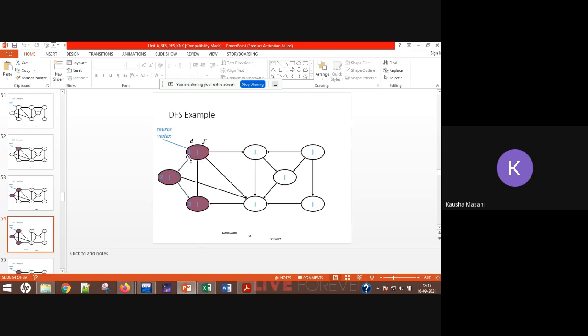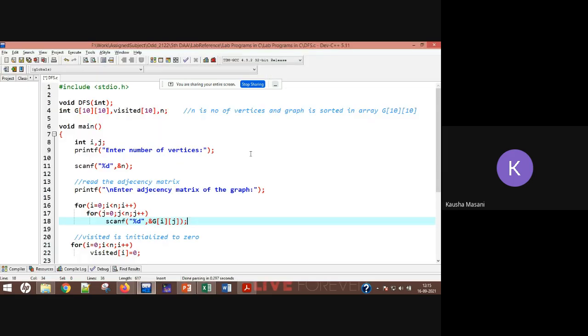From 1 to 2, if we select that, we choose vertex 2, and from 2 I can go to 3. From 3, can I go anywhere? No, that route is already explored. So again you will go to 5, because from 1 I can go to 2, I can go to 5, I can go to this node. Like that, one by one you keep exploring entirely till you reach a point where all the points are explored. So that is your DFS, and that is what we are doing here.